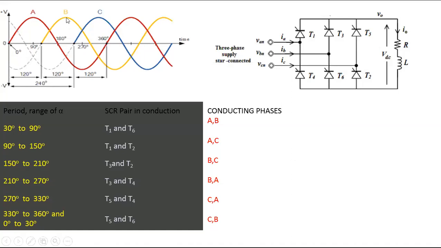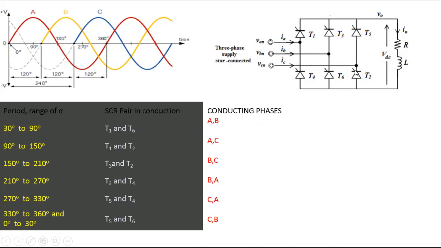And once again, see from 150 to 210, we are at the third one. 210 comes here, already we have taken. In the negative half of the cycle, which one is it again? Tell me. C. I think just C, now we have taken, no? Right. B and C. Therefore, current starts from the point B, B to T3, T3 to load, and from load to C.